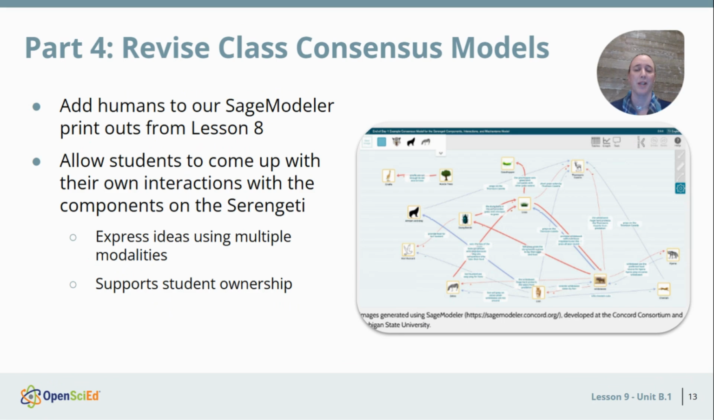One of the key moments of Lesson 9 is revising class consensus models in Part 4. Although this is a short blurb in the teacher edition, this part of Lesson 9 ends up being one of the most important I have found. After learning about different interest holders in Dr. Maduma's video and having a discussion about these interest holders, I leave students alone with their SAGE model or printouts from Lesson 8 to add human interactions to their mind maps with whatever interactions and whatever component they feel is